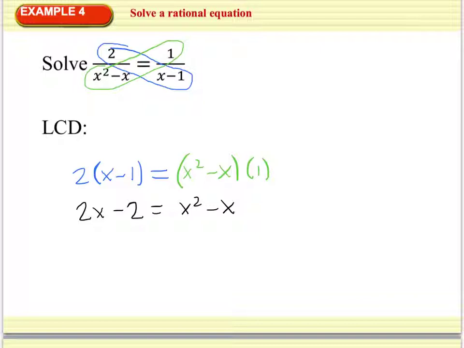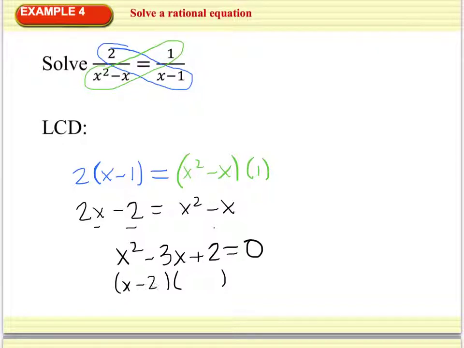I'm going to go ahead and simplify this farther down. I'm going to move this 2x over to this side, this negative 2 over, so I end up with x squared minus 3x plus 2 equals 0. This is something that's factorable. So I see that I have x minus 2 and x minus 1 equals 0, or x is equal to 2 and 1. When I go and plug these in, however, I see that if I plug a 1 in,